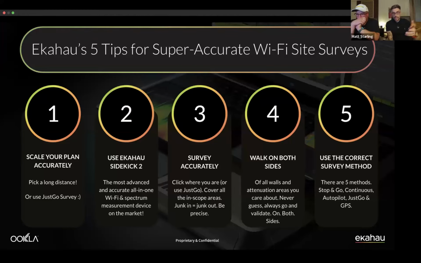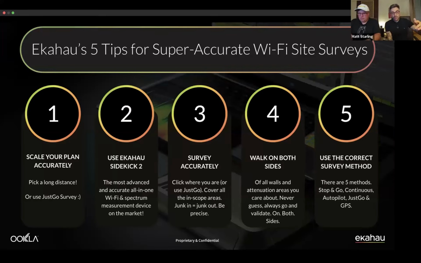It is really important that you use Ekahau Sidekick or Sidekick 2 because it is the only Wi-Fi measurement device on the market that brings you Wi-Fi radios as well as a spectrum analyzer integrated into it, which is super important to understand how not only your access points are behaving, but also to detect any kind of interference on site with that spectrum analyzer. If you don't use a spectrum analyzer, you're quite literally missing half the picture when doing a site survey. And all of our Sidekick 2s are super accurate. They're all calibrated before they leave the factory and they're within extreme tolerance of each other. So they are consistent. If Stu does a survey, I do a survey, Mike, Justin, we do a survey, all of the data is going to be the same and consistent.